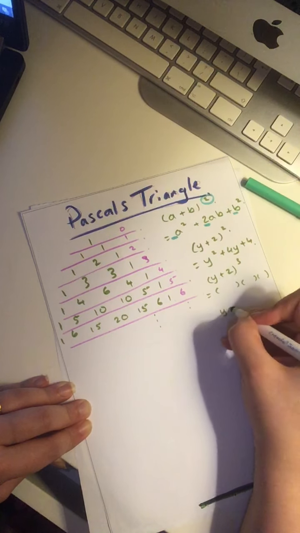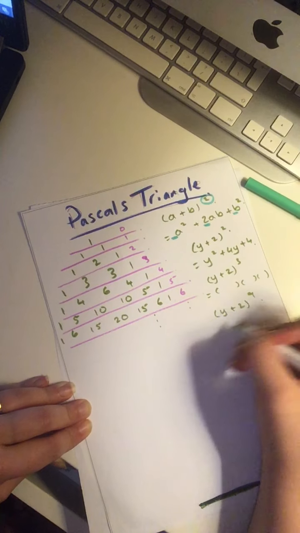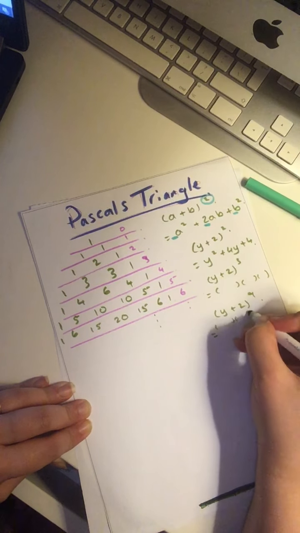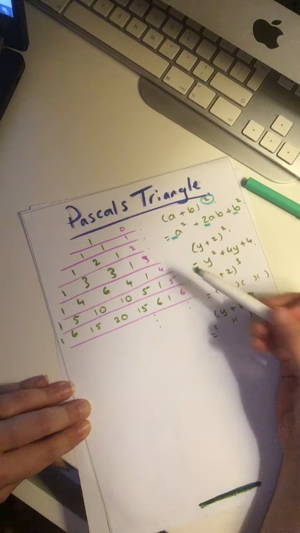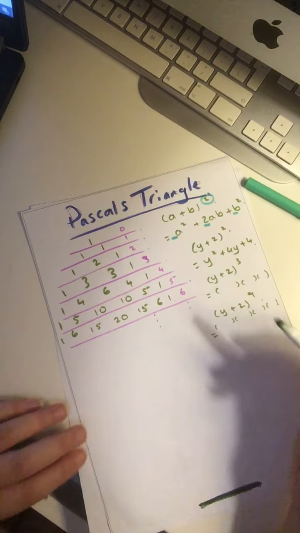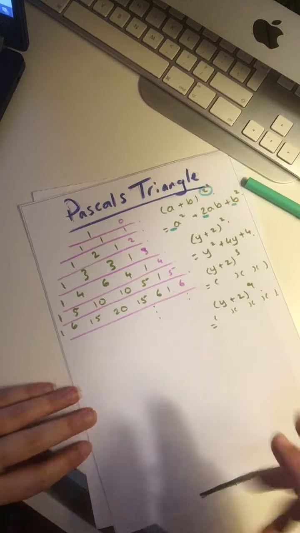But say you had y plus 2 to the power 9. Now it would be madness to write this out 9 times, 9 brackets, and to expand this out. And this is where we use Pascal's triangle and binomial expansion. So we're going to look at a few examples. We're going to look at